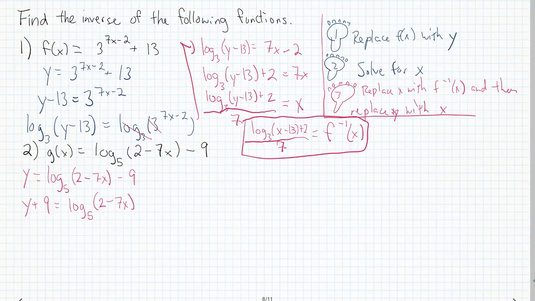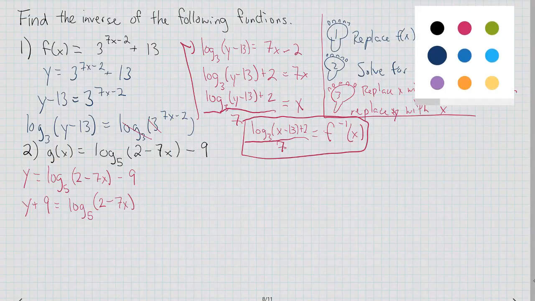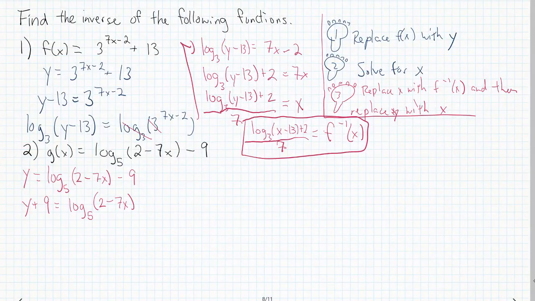How do we get rid of that log so we can solve for x? Remember, we can raise both sides as an exponent of 5, because that allows us to cross off the logarithm. And so we're left with 5 to the y plus 9